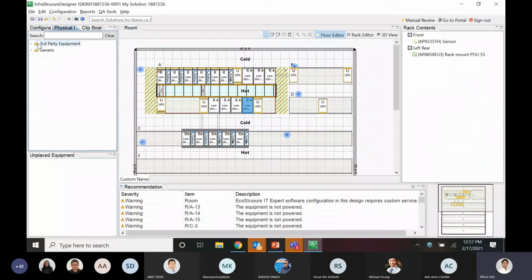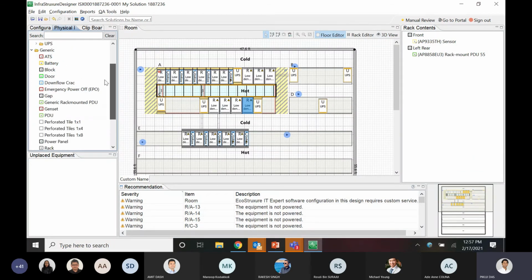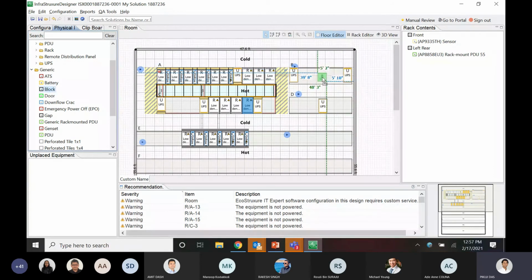On the physical infrastructure side, there are many other things like 3D third-party equipment, where you will find all these different product portfolios. On the generic side, we understand that in a data center, designing is not always like you'll get a completely ideal real estate to place your racks in a row. You can also have some doors or blocks in between, so you can keep adding those things in your design to replicate a real-world scenario.